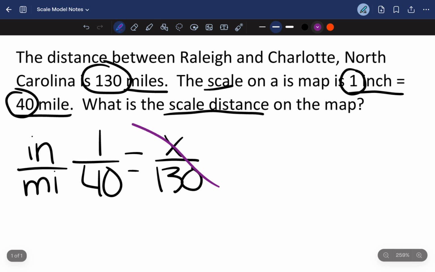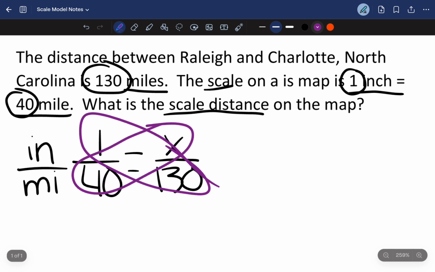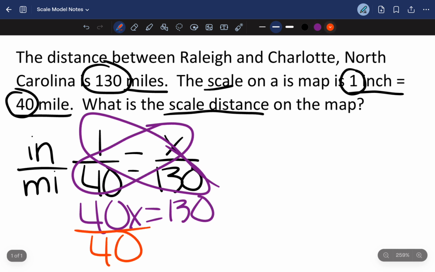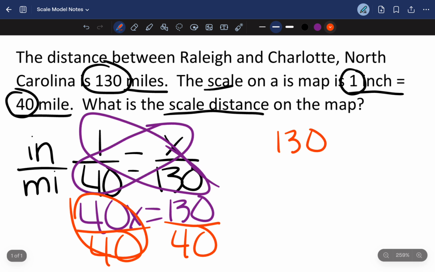Now I'm just going to cross multiply. In this case, I will have to divide. So 40 times x is 40x. And then anything times 1 is still that same number. So it's 130. Now I have to divide both sides by 40 because we have to isolate the variable. And by doing so, we have to divide by 40, sorry. So I'm going to set up for long division. 130 divided by 40